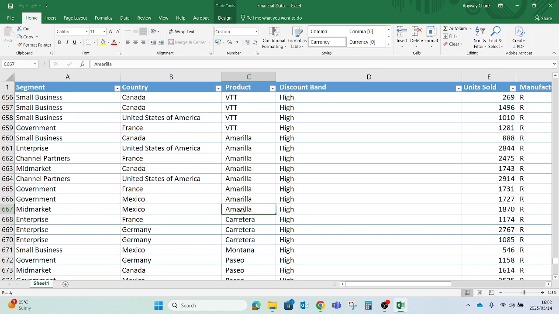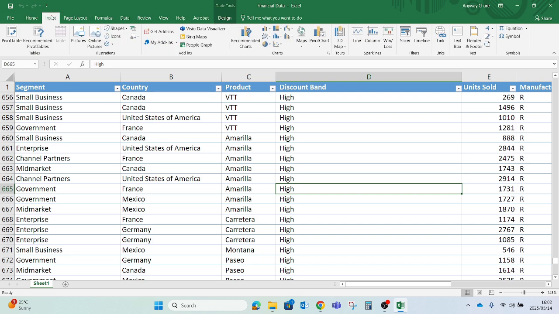In this video I'd like to demonstrate how you can create a pivot table and a pivot chart. So I'm going to use this dataset here called financial data, and for me to create a pivot table I just go on Insert on the menu, and under Tables here I have the option that says PivotTable. So I click on that,